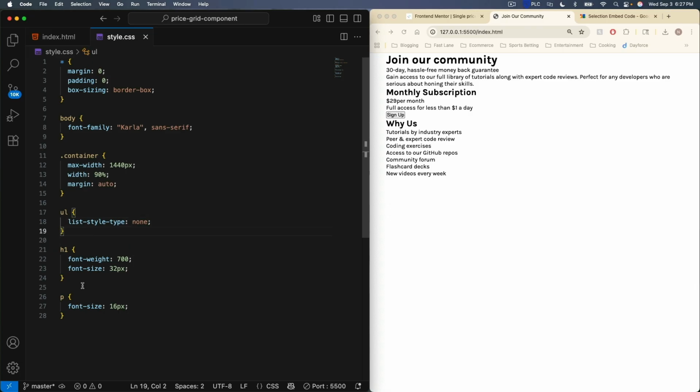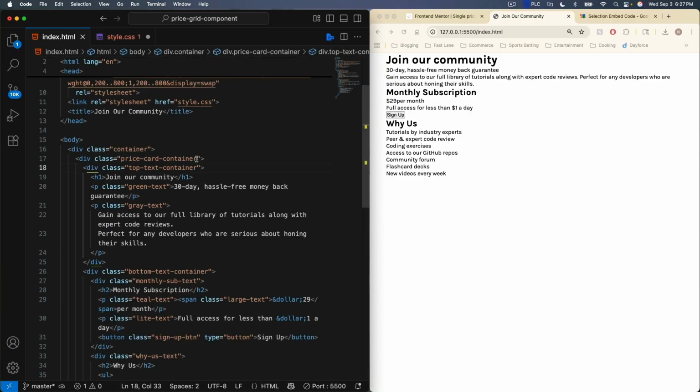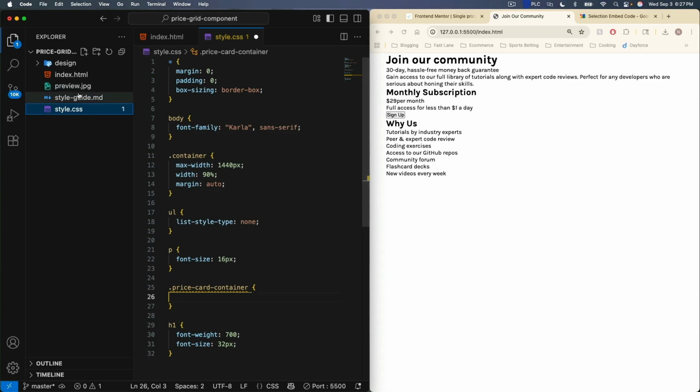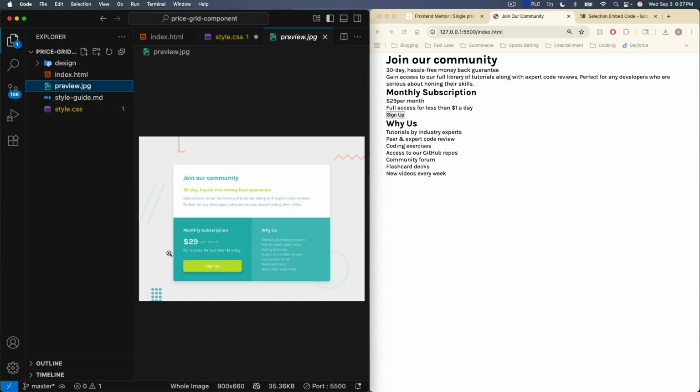And then let's go down here. Let's go above the H1. I'm going to move my paragraph here because this is just like a global style. And then the H1 is join our community. So let's start right here with our actual price card container. So let's say dot. Let's copy this class over to avoid typos. Say price card container. And if you'll notice in the design, it looks like some box shadowing